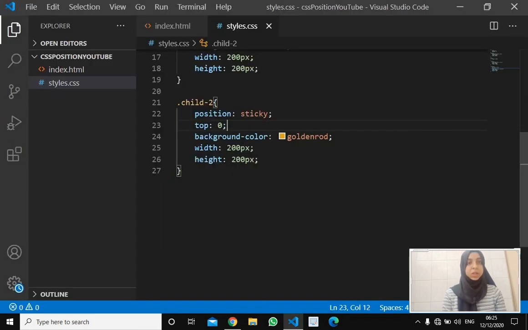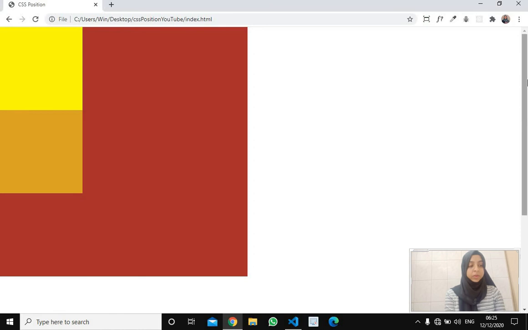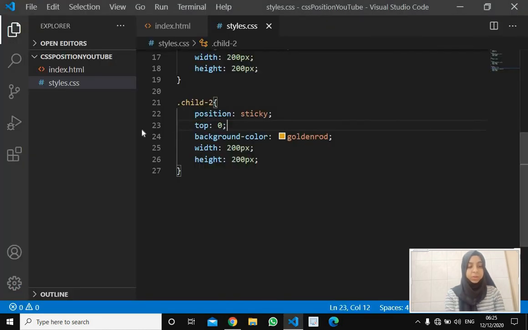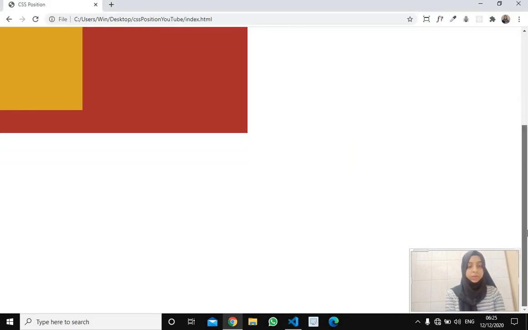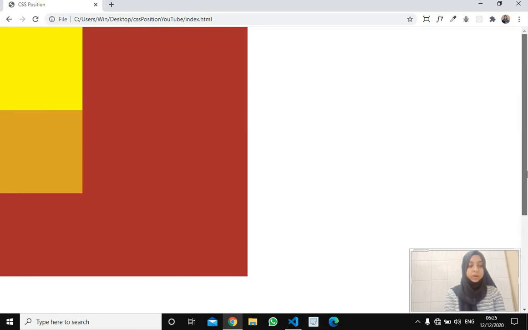Now why this? What sticky position does is, sticky position is actually a combination of relative position and fixed position together. So when we give an element a position of sticky, it is relative, and when we start scrolling and when it hits the point that we have mentioned here, for example, if it was a top of 0, so when it hits that top 0, it becomes fixed, right? Can you see? So this is how sticky position works. Okay, so these were the 5 different CSS properties.